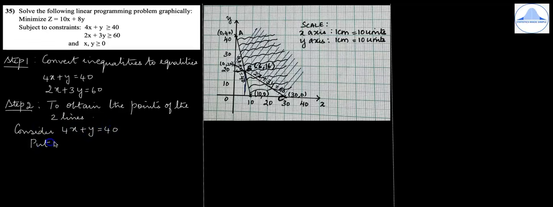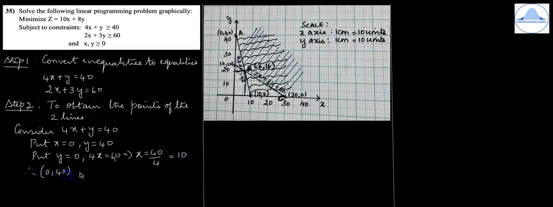First you put x equal to 0, so you'll get y is equal to 40. Second you put y equal to 0, so you'll get 4x is equal to 40, which implies x is equal to 40 divided by 4, which is equal to 10. Therefore (0, 40) and (10, 0) are the 2 points